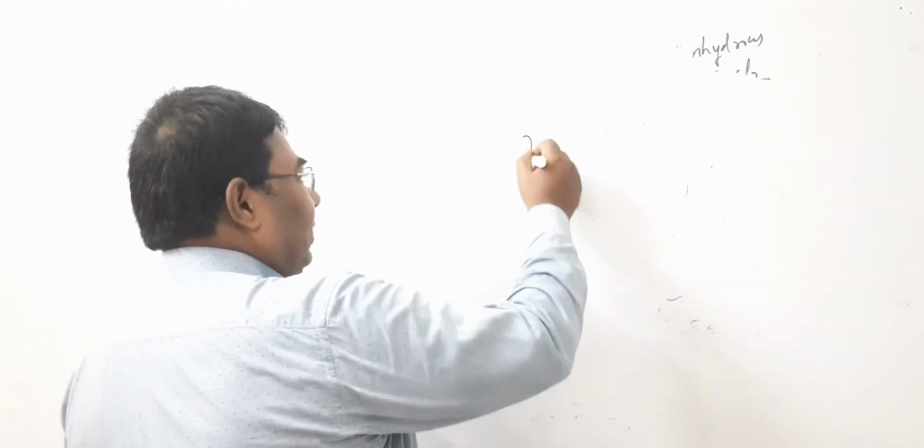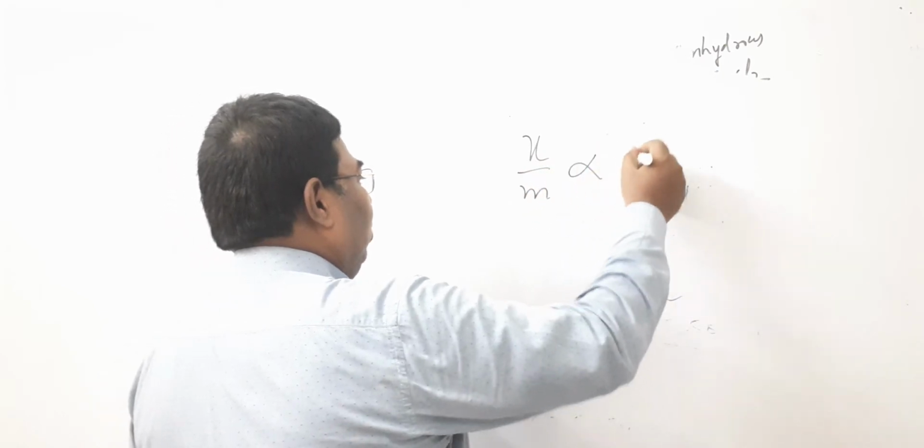Good morning, students. In the continuous series of surface chemistry, we discuss the relationship between extent of adsorption and concentration. In the previous video, we discussed the Freundlich adsorption isotherm, in which we establish a relationship between extent of adsorption x by m and pressure. These things are already discussed. So today we start with a new relationship, which is x by m proportional to c to the power